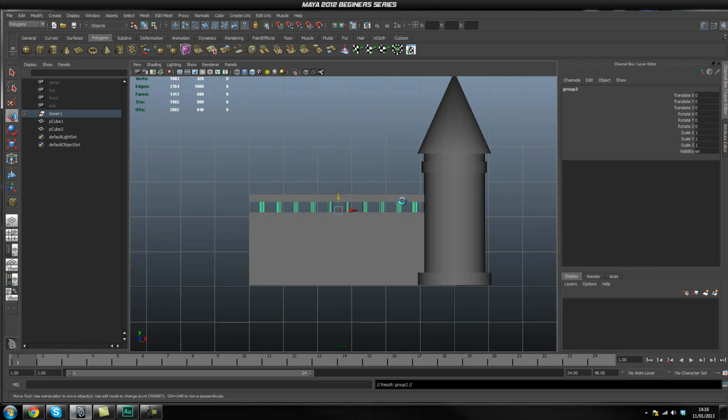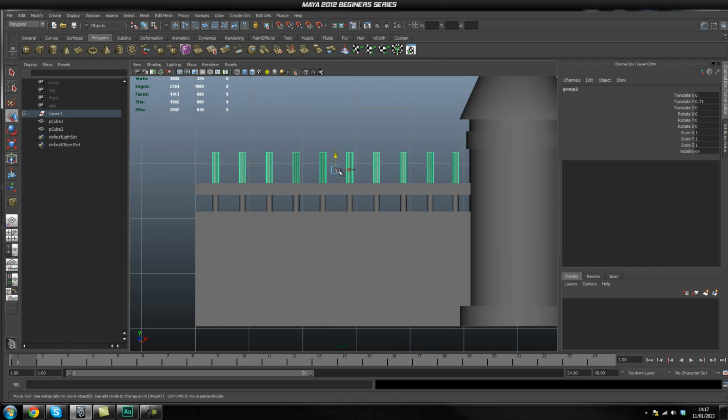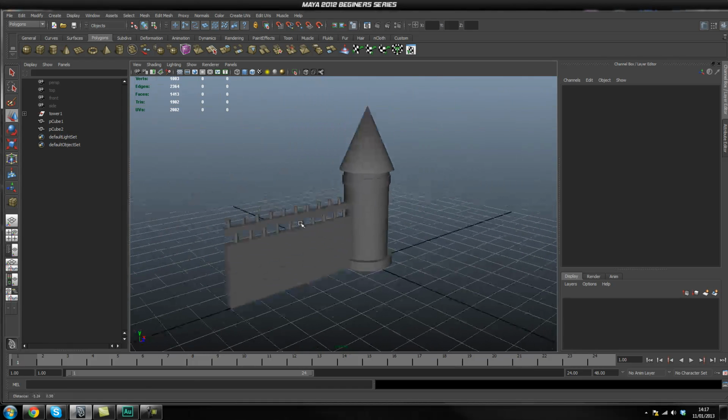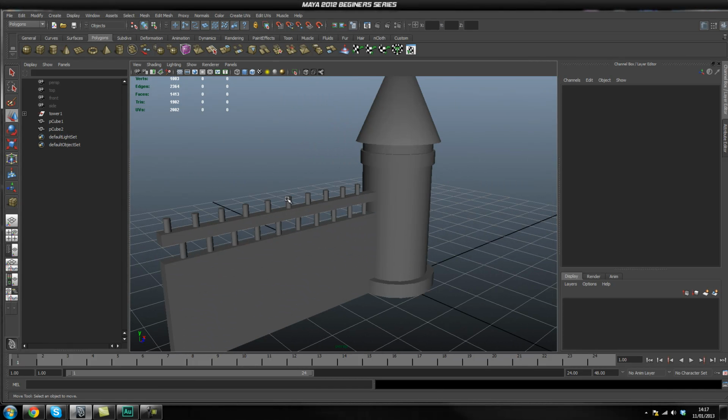I'm going to press Ctrl D to duplicate, like so. I'm going to make them a little bit smaller. Move it down again, and I'm going to move them to the side, like so. So the next thing I want to create is I want to put cones on the top of